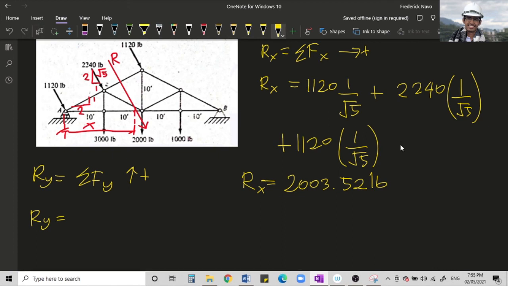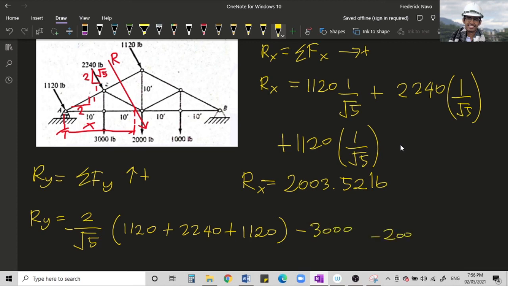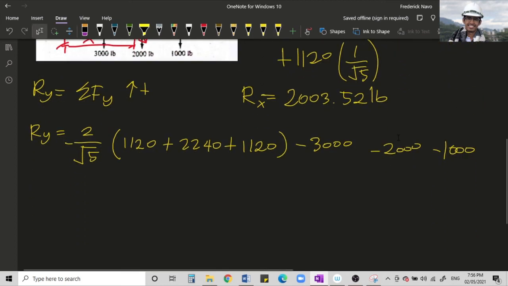So, for the y component of the three forces at the top, we will use the 2 over square root of 5. They all have the same slope, so we just add the three forces: 1,120 plus 2,240 plus 1,120. Minus, class, the remaining three forces at the bottom: 3,000 minus 2,000 minus 1,000. Okay. So, Ry will give us